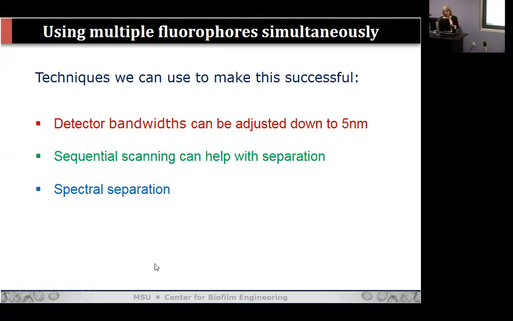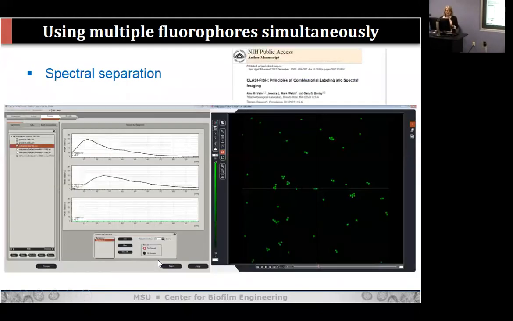The other one that I really like is spectral separation. And spectral separation is something that comes on board the software. And it's been used in what's called classy FISH. So classy stands for combinatorial labeling and spectral imaging. And FISH is fluorescence in situ hybridization. But basically,